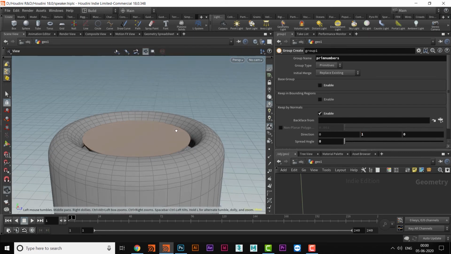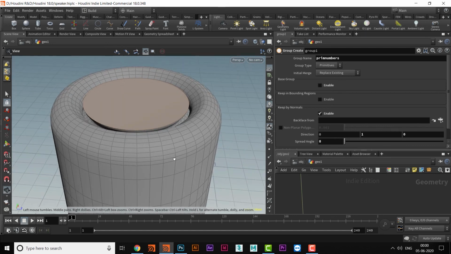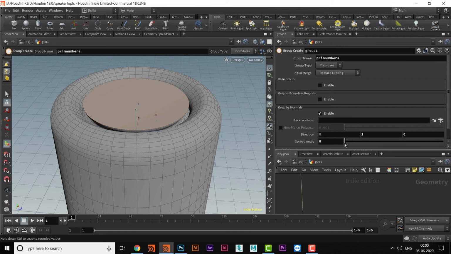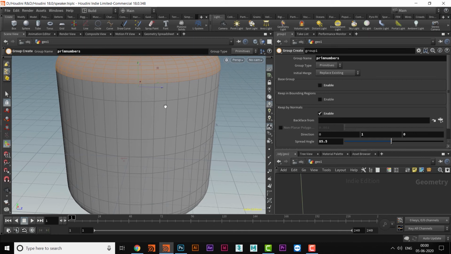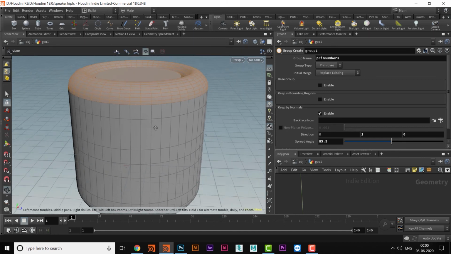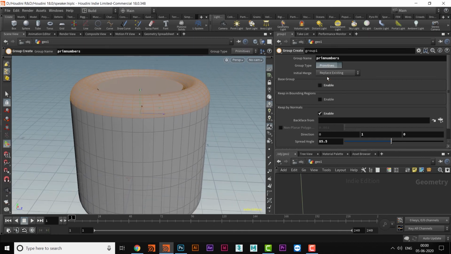If I increase the spread, that means I am spreading the angle, then this will start selecting primitives gradually. So increase the angle, and now check it out. Slowly and gradually objects will start getting selected, I mean primitives. And the same happens with points also.